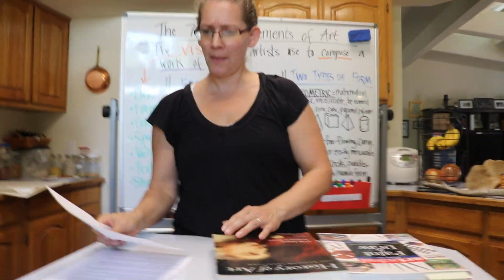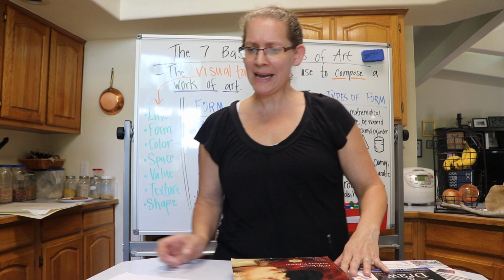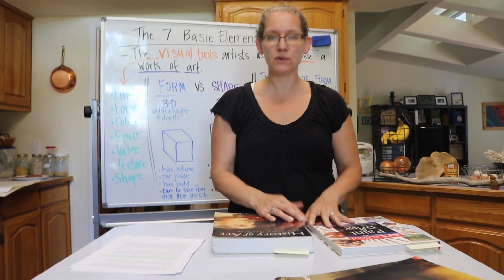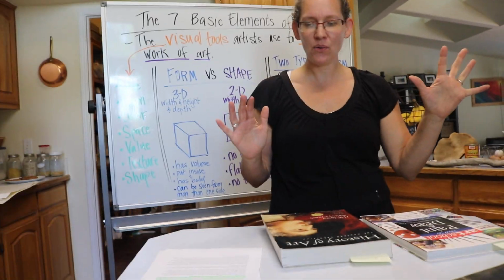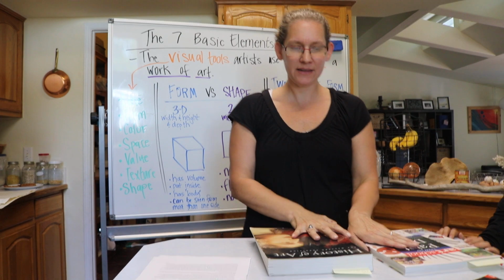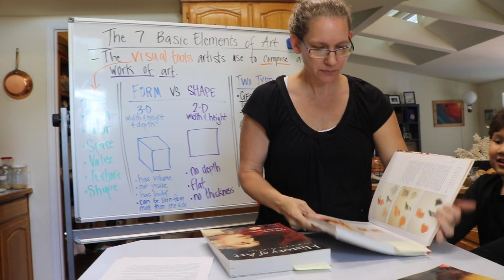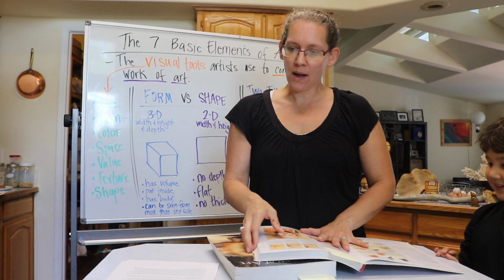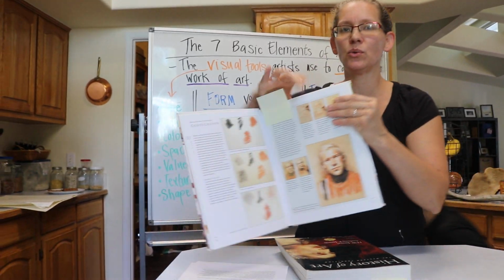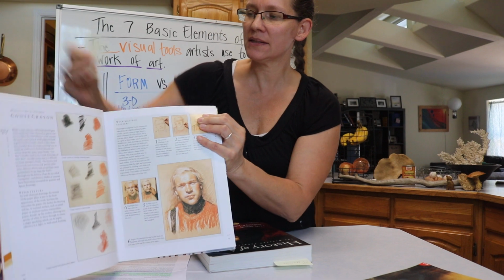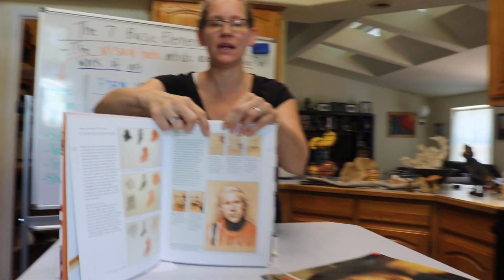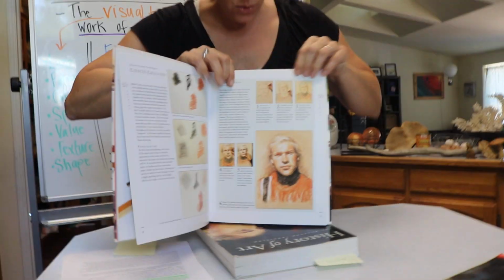So in drawing and painting, the illusion of three-dimensional form is conveyed through the use of light and shadow, and then rendering value and tone. So shape is defined by the contour. If you look at this right here, this is the contour, the outside line of an image, okay? But once you start